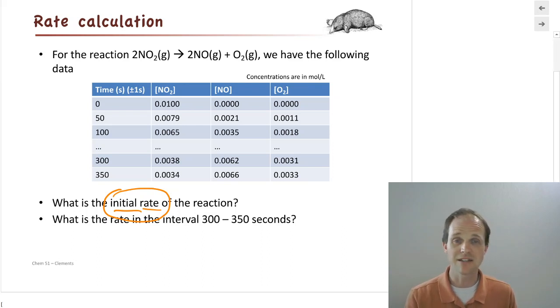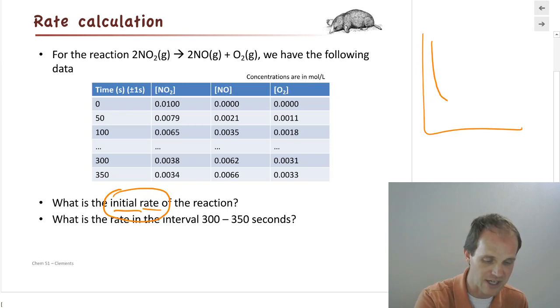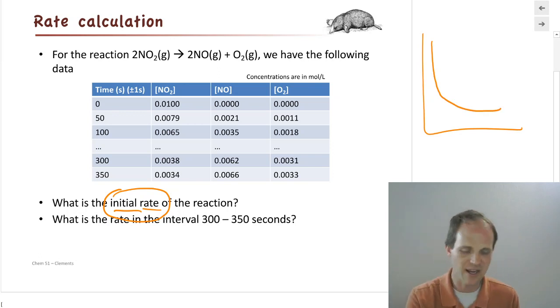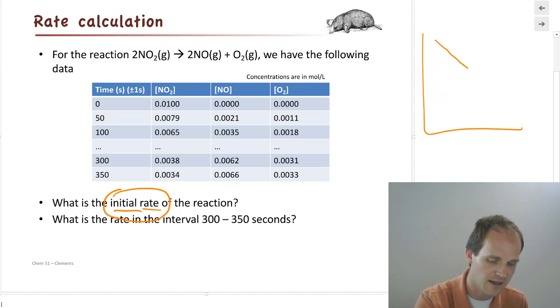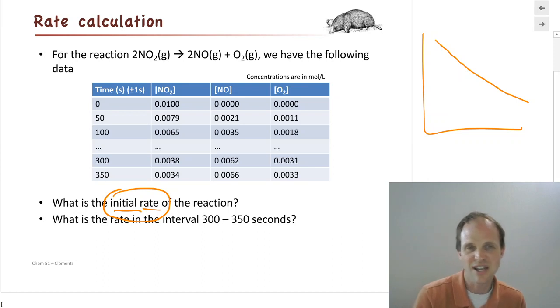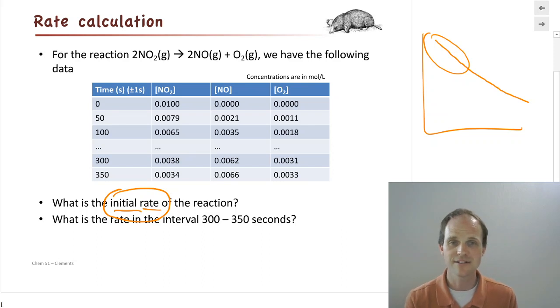What you'll find, especially in the lab, is we're going to have some data where from 0 to 100 seconds, a computer took the data and we have 5,000 points. I'm just making up numbers. Well, if we have 5,000 points, we don't really want to use just those first 2 data points. We might use the first 100 data points to get us an indication of the rate. And part of it is we'll plot it, right? If we have a rate that changes like that, it's a huge change, then yeah, we're going to be a little pickier about choosing that. If we have a rate that's kind of like that, okay, yeah, it's changing over time, it's sloping down a little bit, but maybe we can use a slightly wider range.